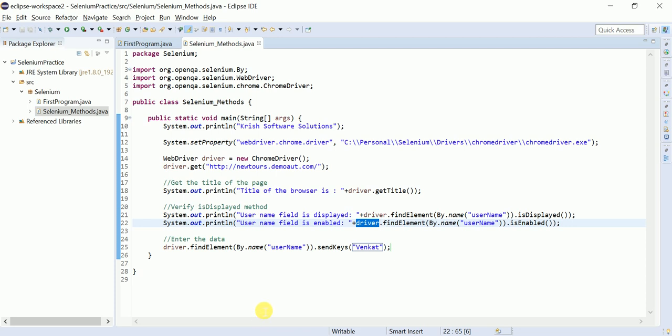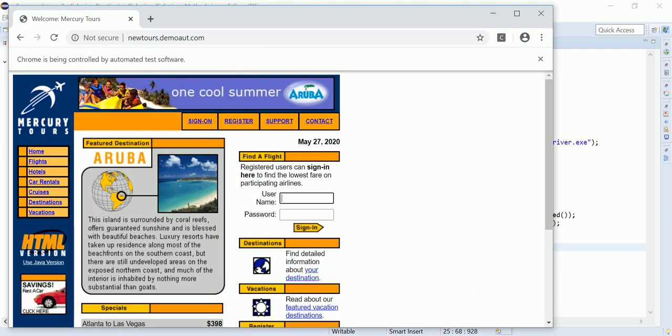In that driver if any text fields are there, you can enter the text into it. If checkboxes are there, you can select the checkbox, you can select the radio buttons, you can click on the links, you will get all those links in that page. All these operations we can perform by using this driver.